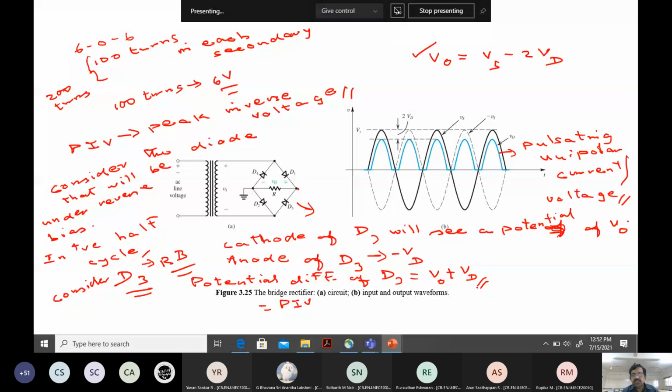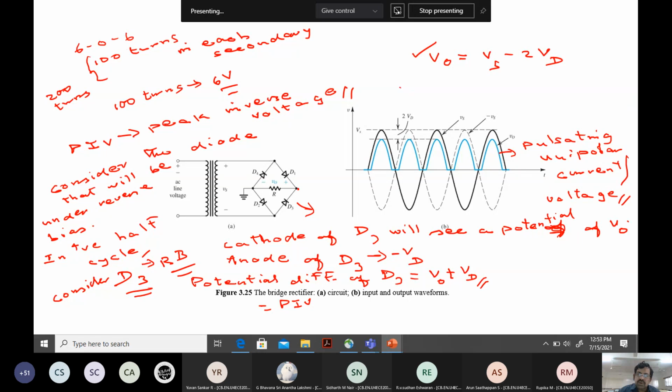Okay, so you have to understand, because you look at this is positive, this is negative. There is a potential drop across this when it is under forward bias. When it is under reverse bias, it will be the inverse, that will be the minus. Now when I want to calculate the potential difference, cathode minus anode, I will get actually V naught minus of minus Vd, that will be V naught plus Vd. Okay, so what is the V naught value? V naught value we have seen already, it is Vs minus 2 Vd.